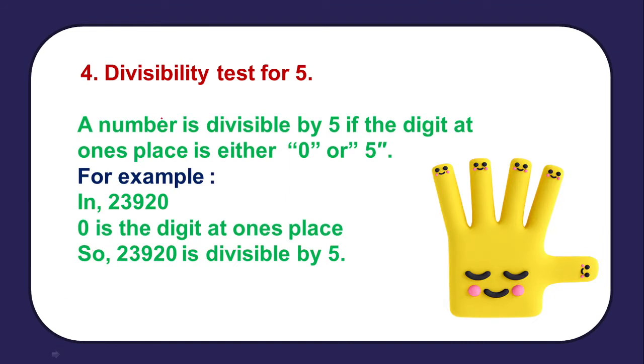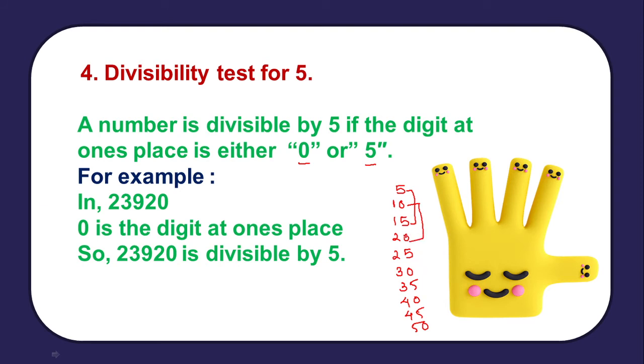Then let's see the divisibility test for 5. Very easy. If a number is ending with 0 or 5. Children, we have already seen the table of 5. It is 5 ones are 5, 5 twos are 10, 5 threes are 15, 5 fours are 20, then 25, then 30, 35, then 40, 45 and 50. If you observe the last digits everywhere, it is 5 and 0. Okay, the last digits are 5 and 0.